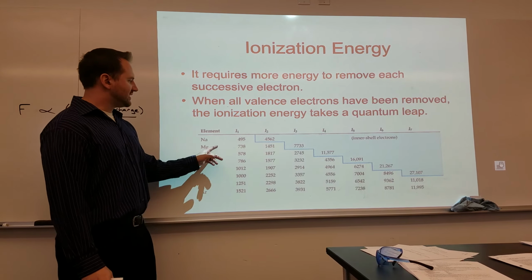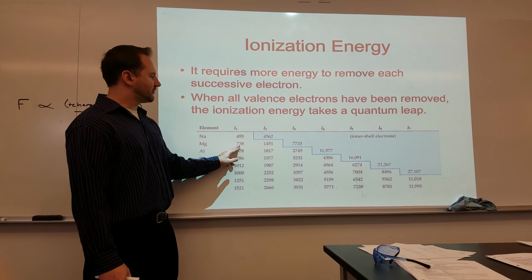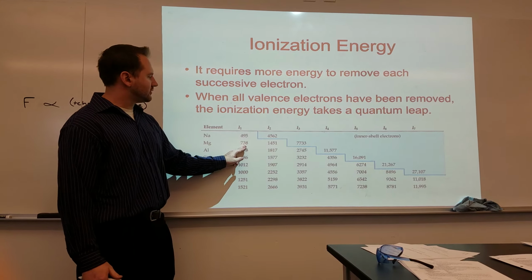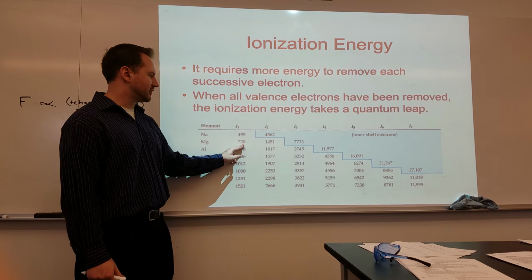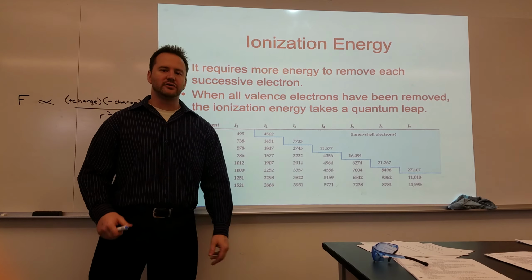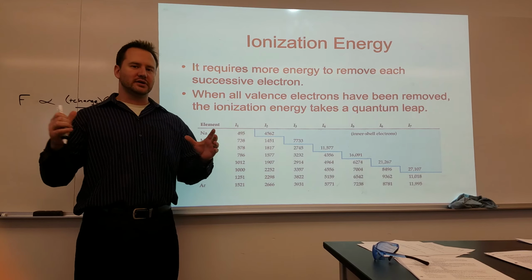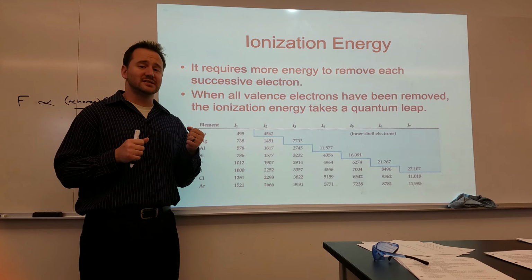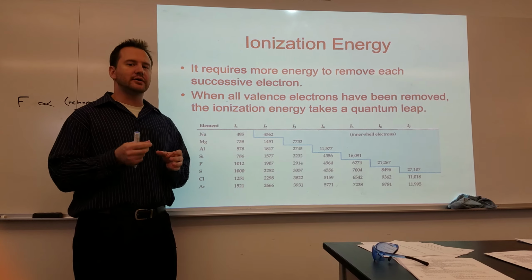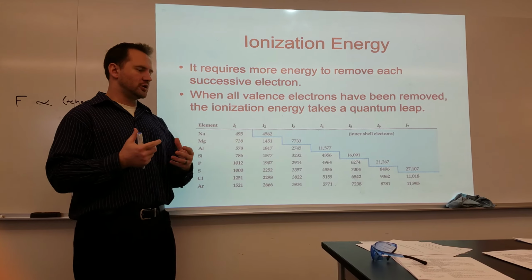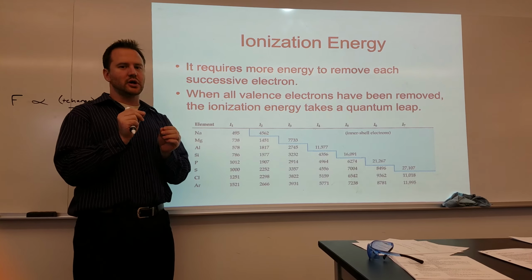So what you can see is, let's take a look at magnesium, for example. Removing the first electron requires 738 kilojoules to remove one electron from a mole of these atoms. And you can see that that number goes up as you remove the second electron. The reason that happens is once the first electron is removed, the number of protons stays constant, but the amount of repulsion you have in the electron cloud goes down as an electron is removed. So it takes more energy to remove the second one because now that outermost electron is going to be closer